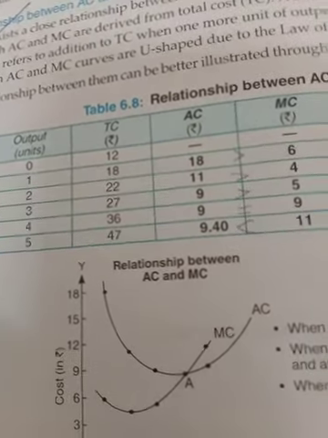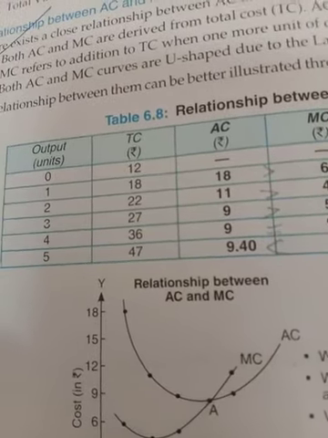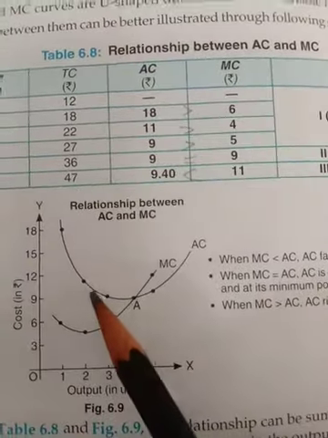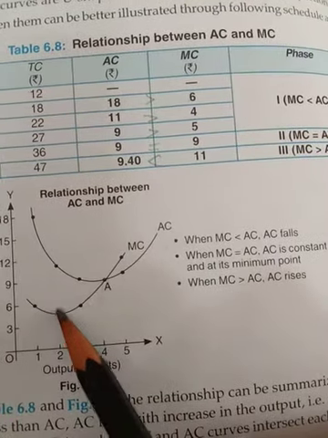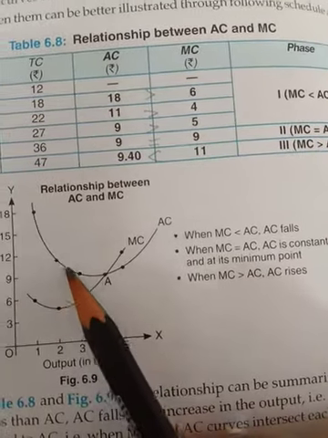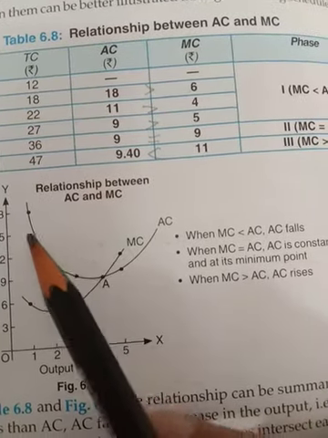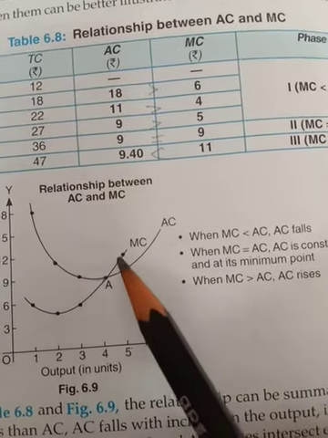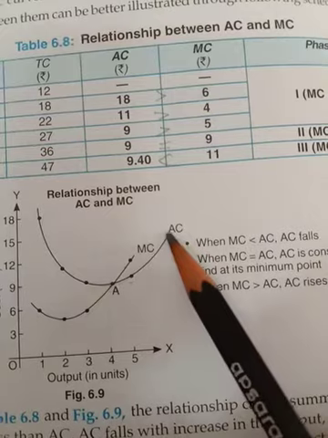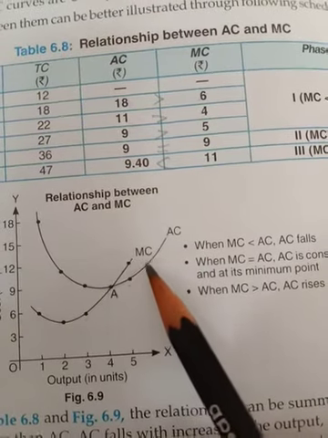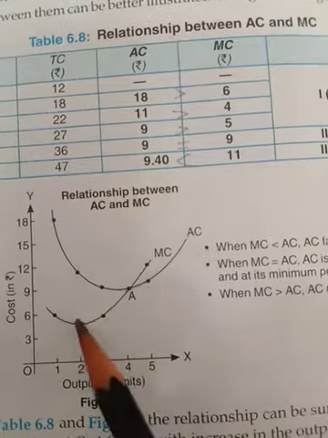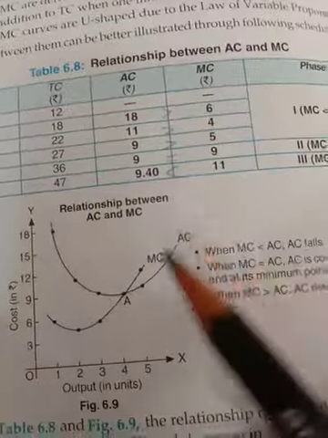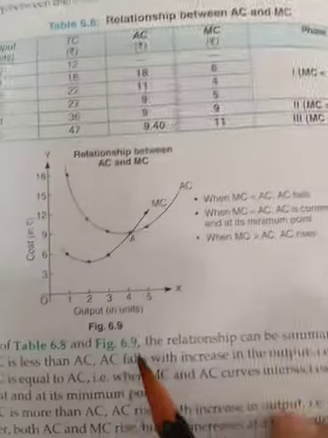You will sort out the AC and MC with the same trend as has been told to you. The formulas you will use here. AC is more than MC. When AC is more than MC, then AC will fall. When AC falls, then at the minimum point MC cuts AC, and after that, when MC is more than AC, AC starts to rise. That means when marginal is more than average, then average starts to rise. When marginal is less than average, then average starts to fall. That happens with every marginal and average. Fine, so this is the marginal cost and average cost behavior that you have to discuss.